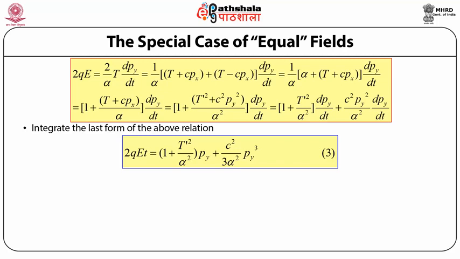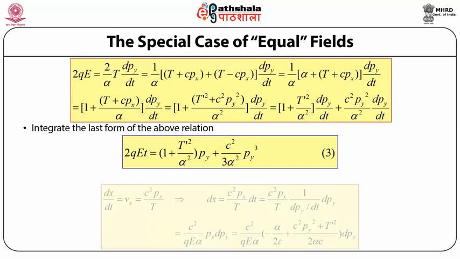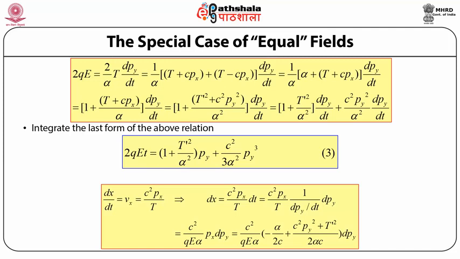So to determine the trajectory, we start with dx by dt equals vx equals c square px by t, which implies dx equals c square px by t into dt equals c square px by t into 1 divided by dpy by dt whole into dpy equals c square by 2 qe alpha into px dpy